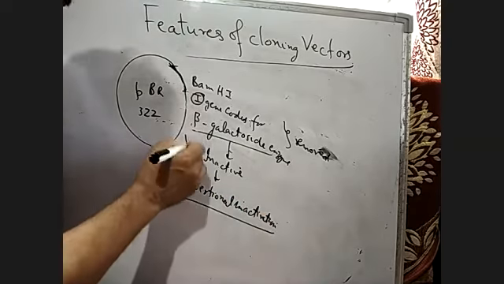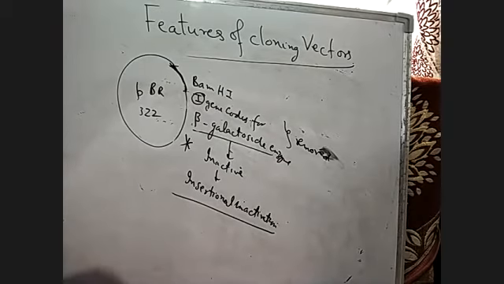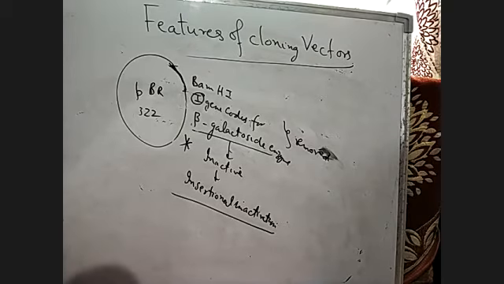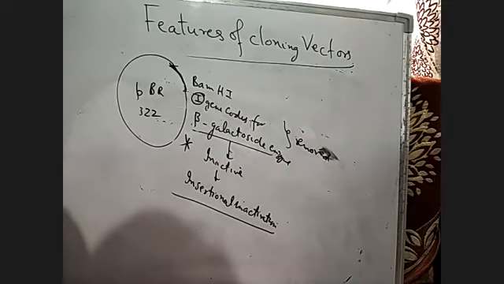This is very important in the exam, because they will ask you what is insertional inactivation. If you remove a gene coding for beta galactosidase in a vector, then the gene becomes inactive, and this is called insertional inactivation. Very important, remember it in the exam.